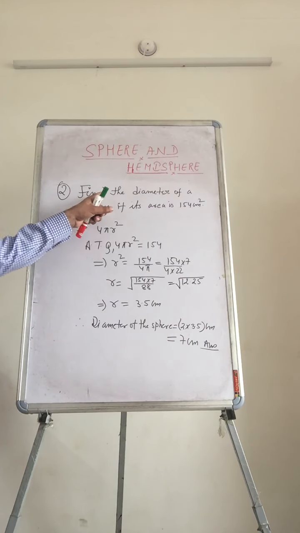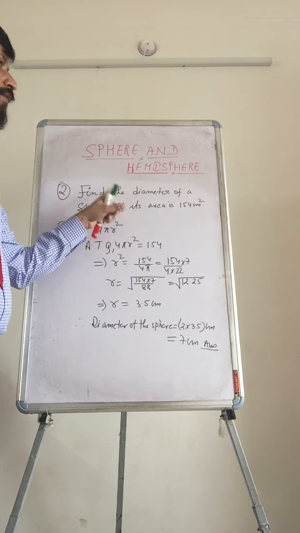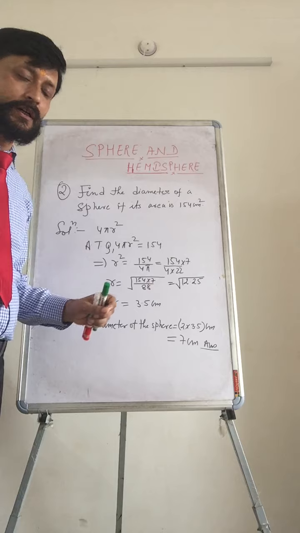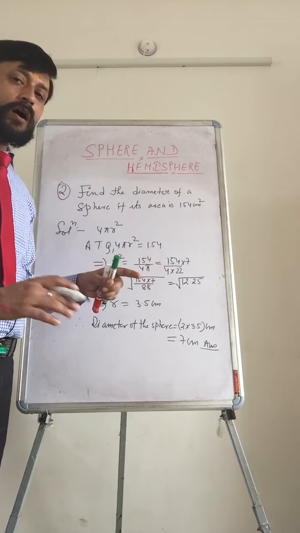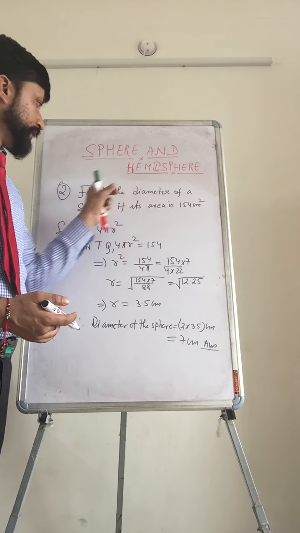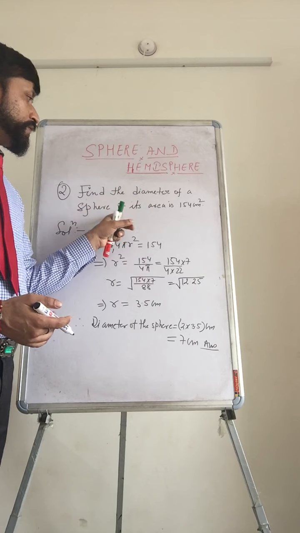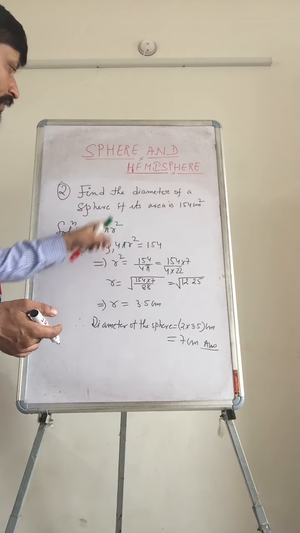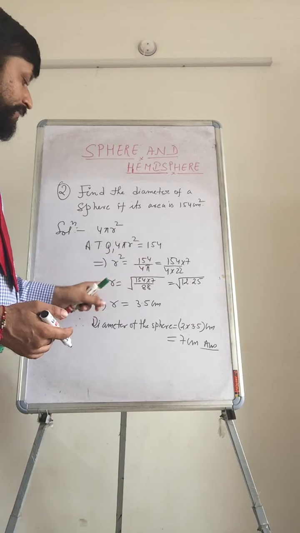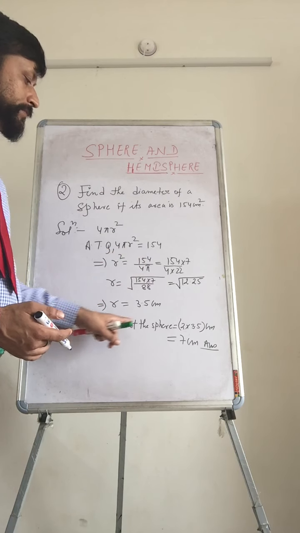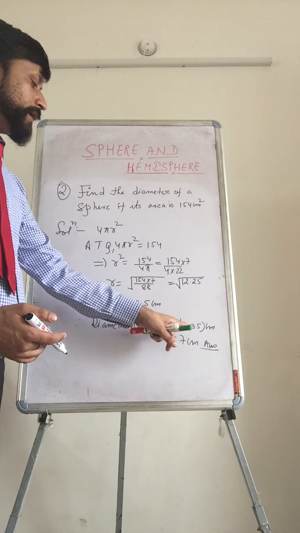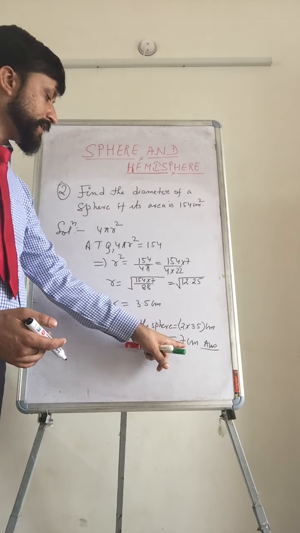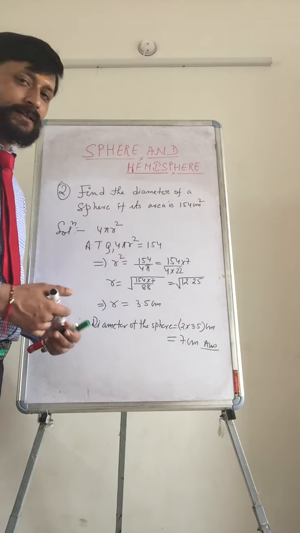Sometimes you will not be asked to find only volume, surface area or curved surface area of a geometrical figure. You may be asked to find other components, like here in this question, you are asked to find its diameter. So with the help of this formula, equate what is given, find the radius, then you know diameter means twice the radius. Multiply the calculated radius with 2, you will get its diameter. See the second example.